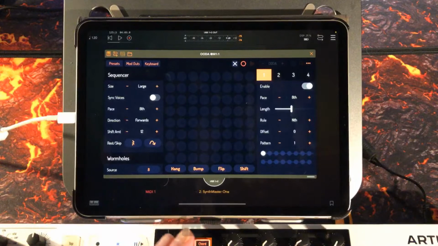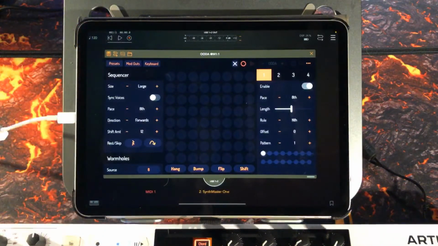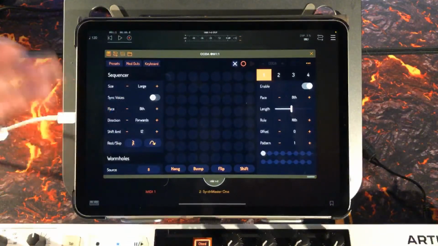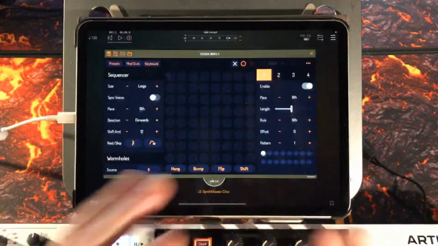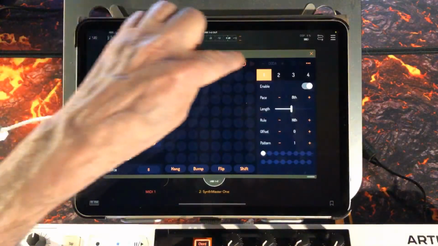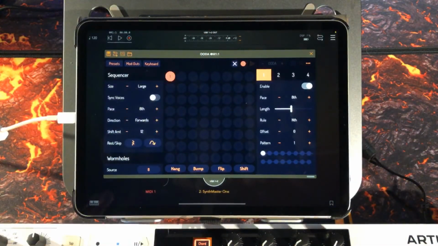So to record notes into Ooda, we don't even need to have this running, it doesn't matter yet. You can set up what you wish here. So we're going to leave the pace on 8, direction forward, shift amount is 12. We'll leave this as it is. It's absolutely fine. I'm going to hit the little record button, and now what will happen is if I play a C and then hold the note,